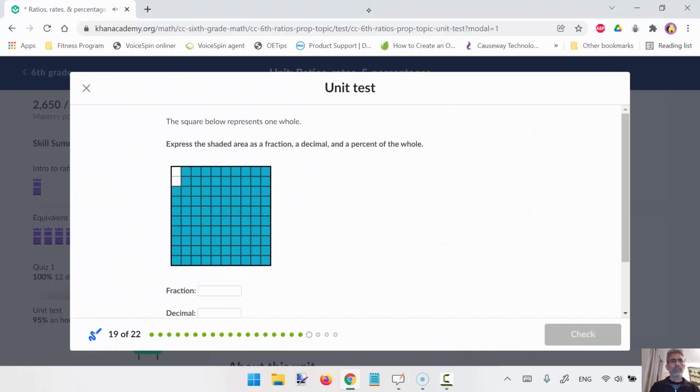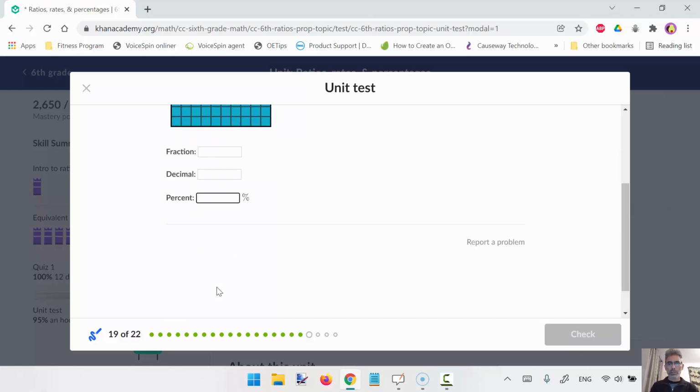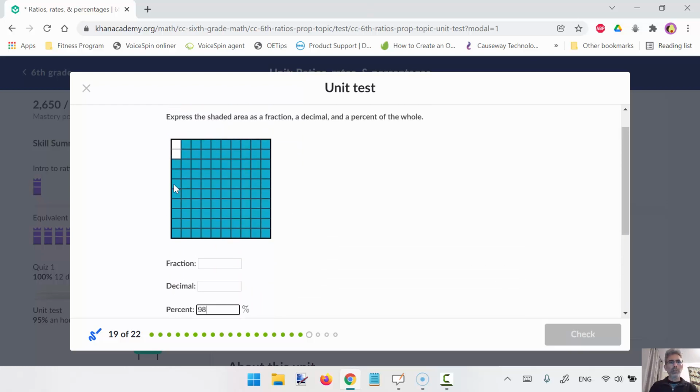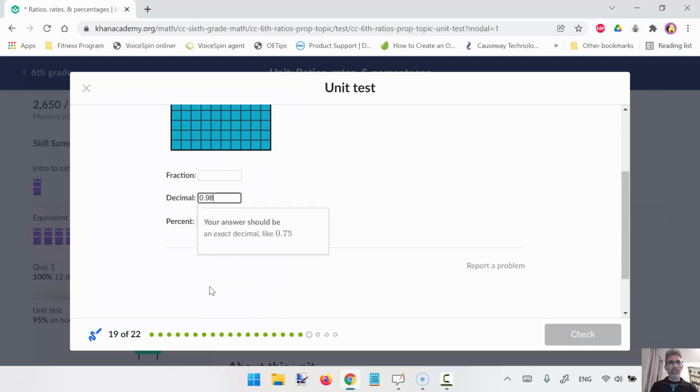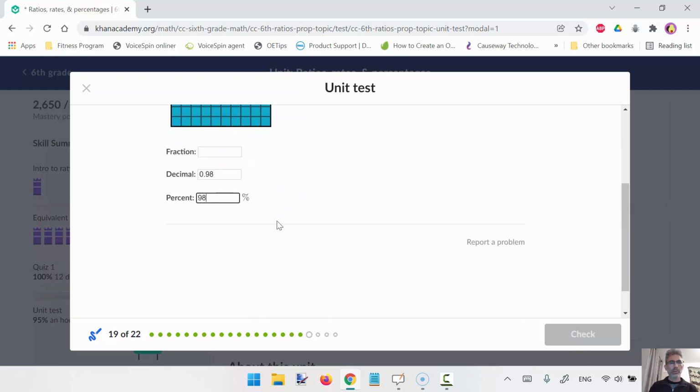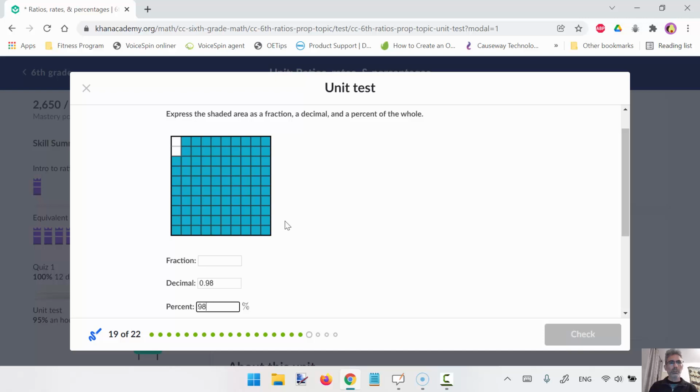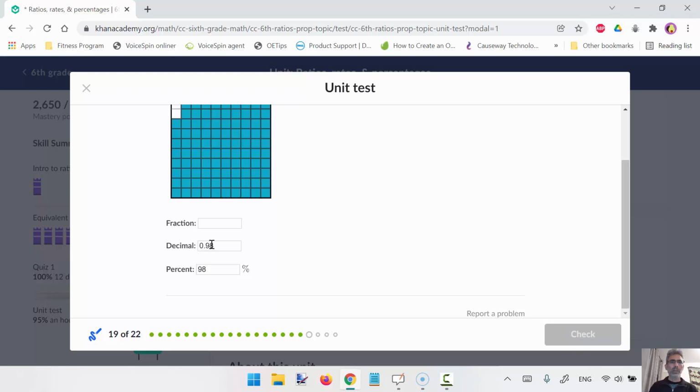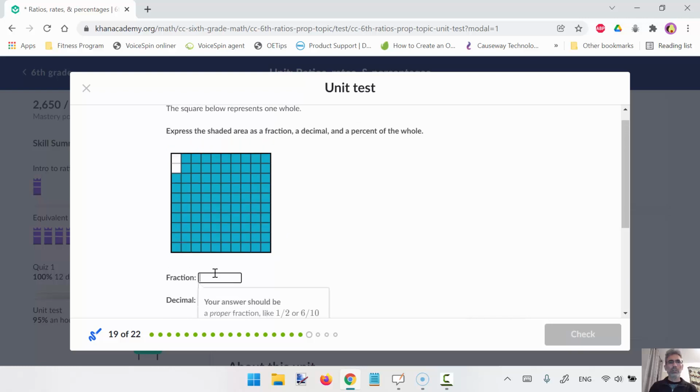Okay. The square below represents one whole. Express the shaded area as a fraction, decimal, and percent of the whole. Okay, so percent is 98 because 98 out of the 100 little squares are shaded. Decimal is 0.98 because 98 hundredths. 0.98 is 98 hundredths, and fraction is